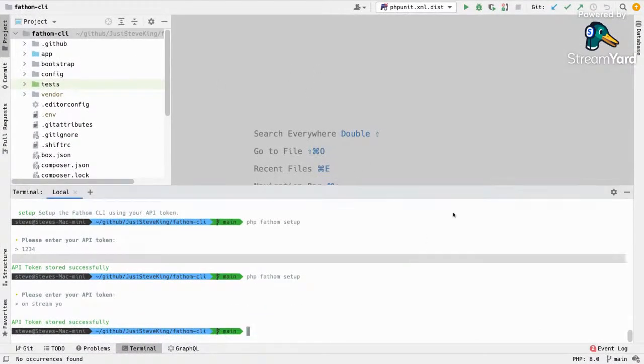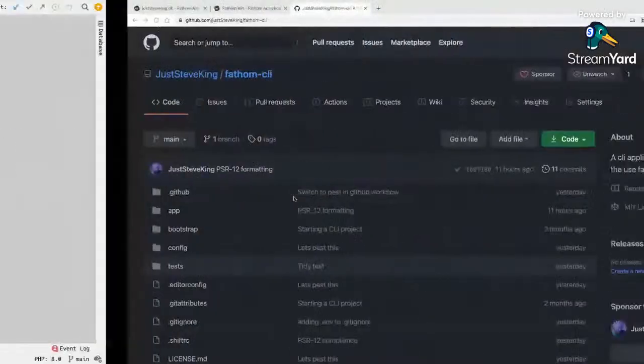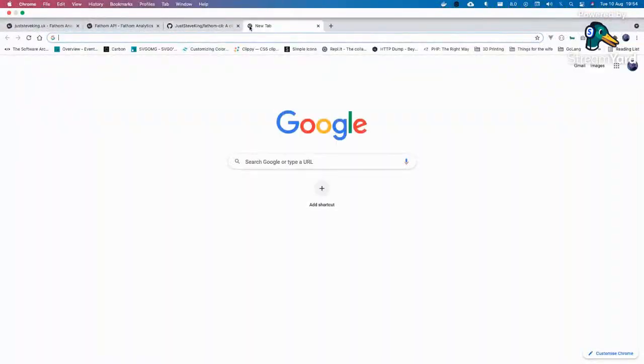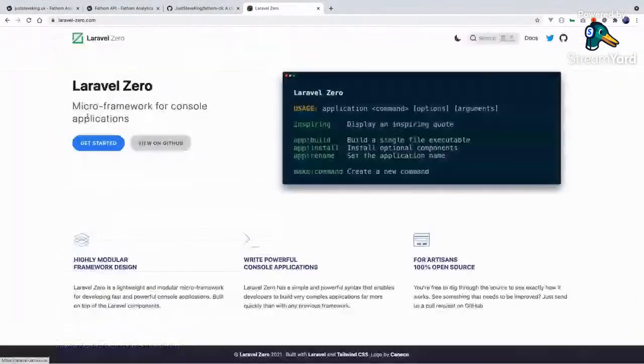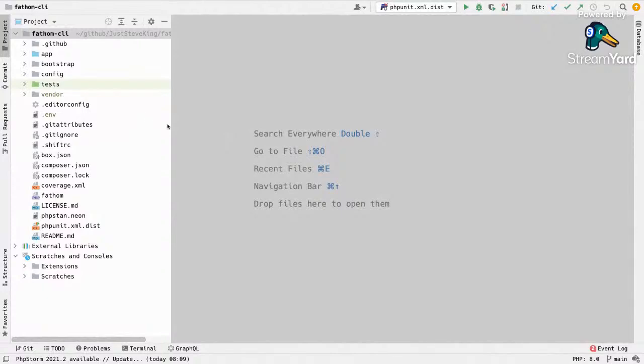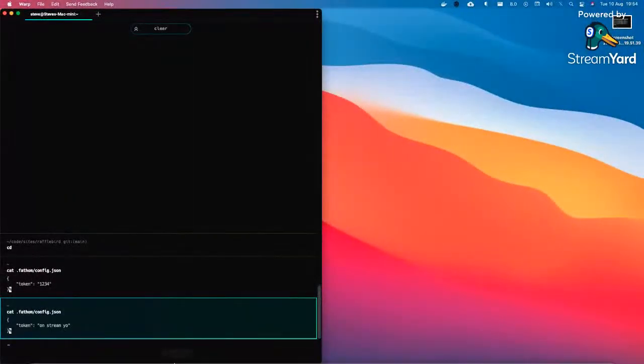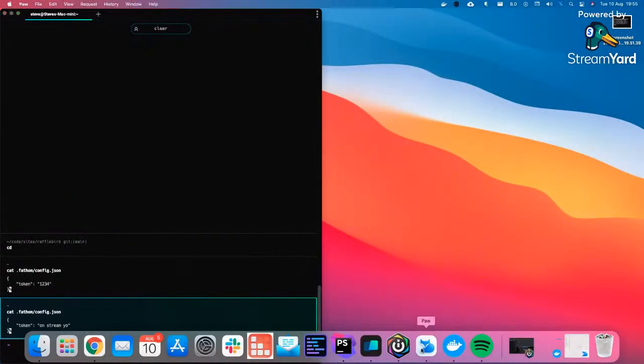So if you haven't used Laravel Zero before, it is a really cool CLI cut down version of Laravel. It's Laravel without the HTTP, basically. And it's really cool. You can do lots of cool stuff with it. So let's dive in. So the first thing we're going to want to do, I have in fact created a nice